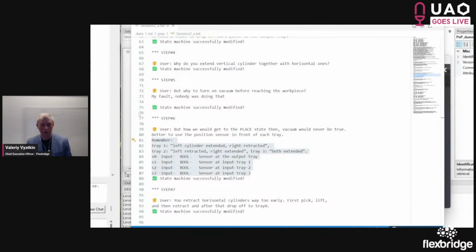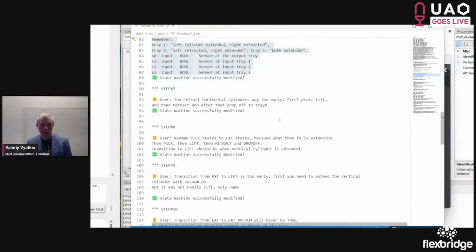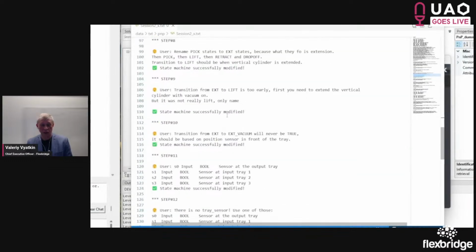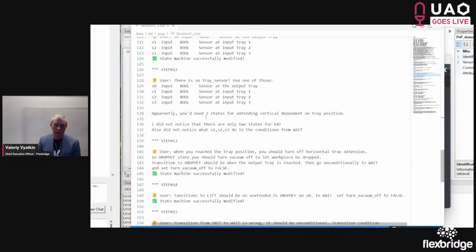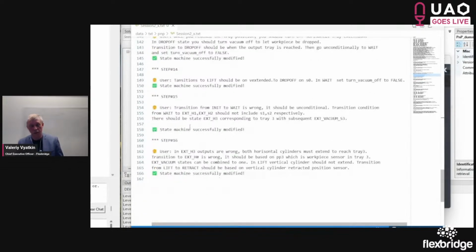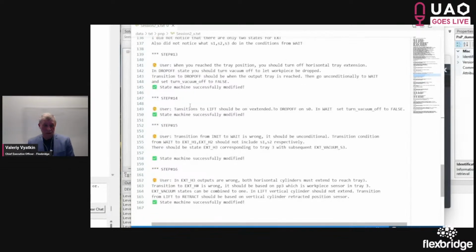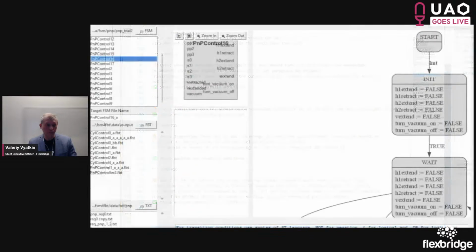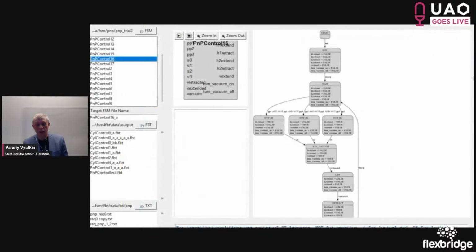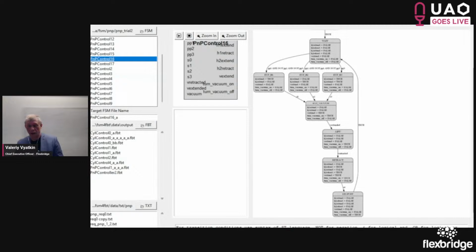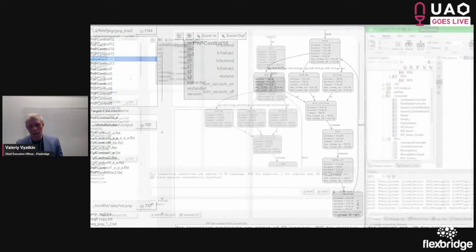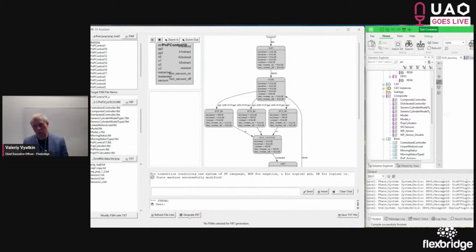So we corrected that, and we go through several steps again, and we finally arrive at step 16. So here in step 16, we have the resulting state machine that looks like this. And the visual check tells that it seems to be correct.